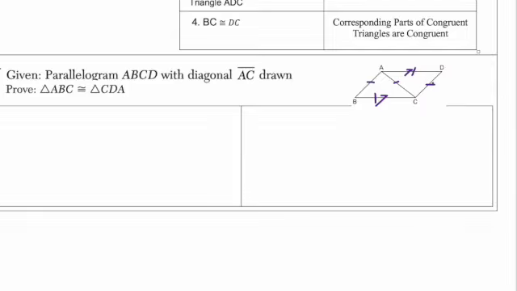Okay, and we can use side, actually, this is not the only one we could use. What else could we use? We could use angle, side, angle, or we could even use side, angle, side. Okay, angle, side. Well, you can, because you know that opposite angles are congruent, and then you can use alternate interior angles. So really, it's kind of up to you on how you want to do this. All right, so I'm going to